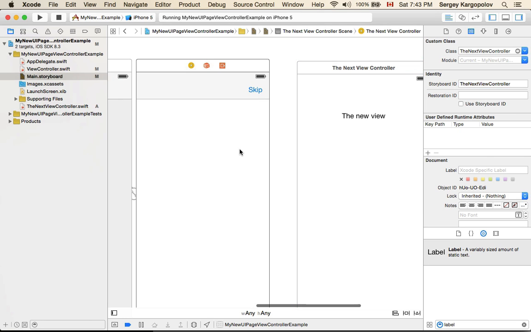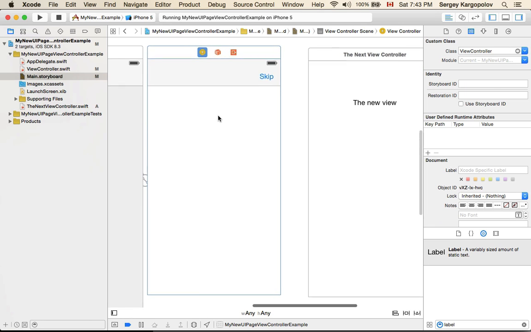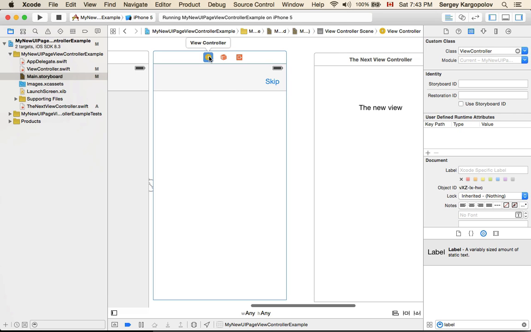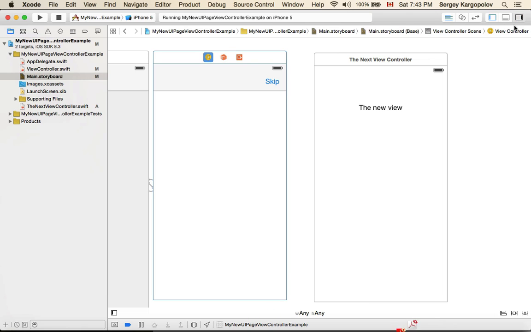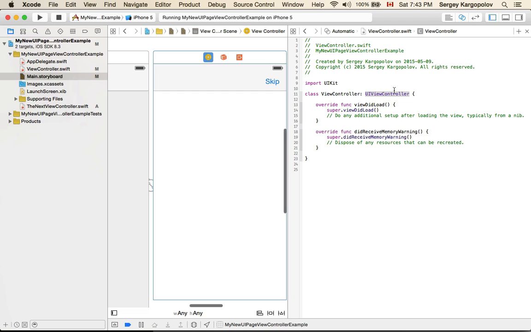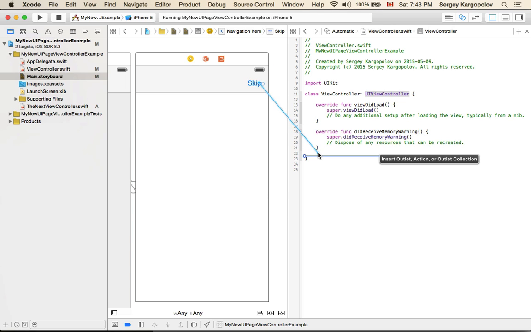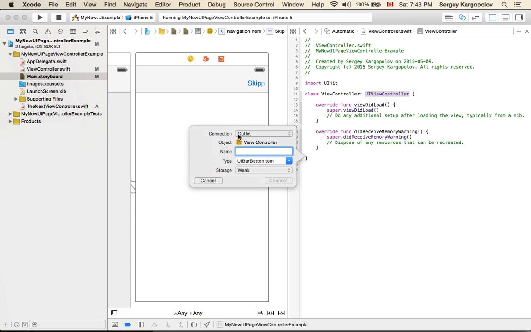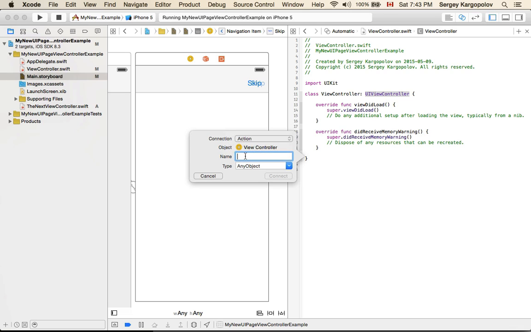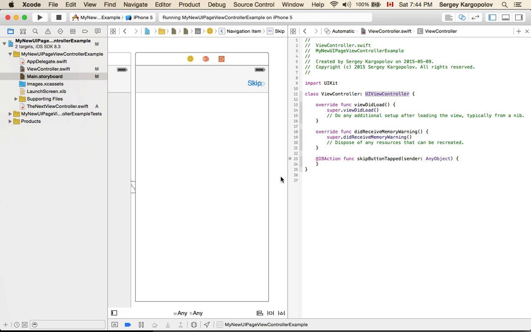Now let's implement the action event for our skip button. So I will go to our initial view controller, the one that has the skip button, select view controller here, hide the right side panel, and we'll open Assistant Editor. Okay, so now we'll select the skip button, hold Control button, drag and drop here, and I need connection of type action. I'll give this function a name, skip button tapped, and hit the connect button. Okay, so the action